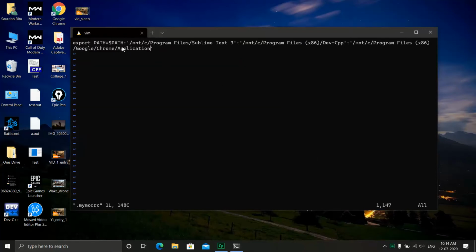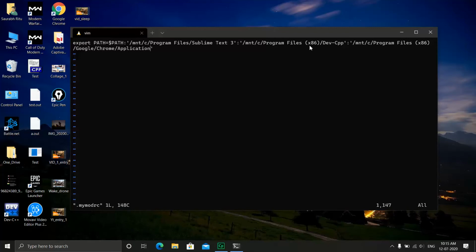You can see here that $PATH is included because we do not want to override the previously added paths, and we also want to include this path along with the previously added paths. The single quote must be used here because it eliminates problems with spaces between program and file names, and also ignores some symbols such as brackets and so on.